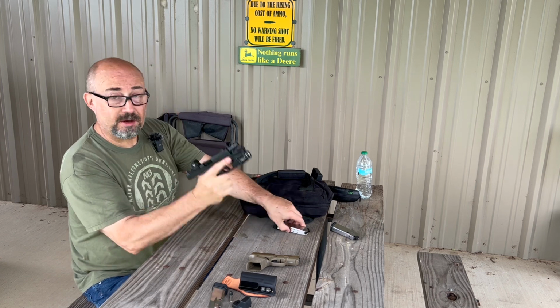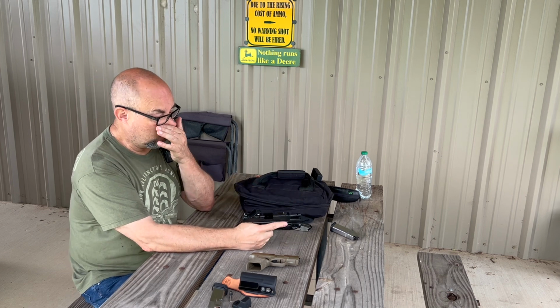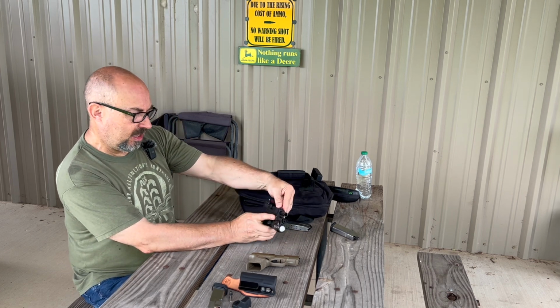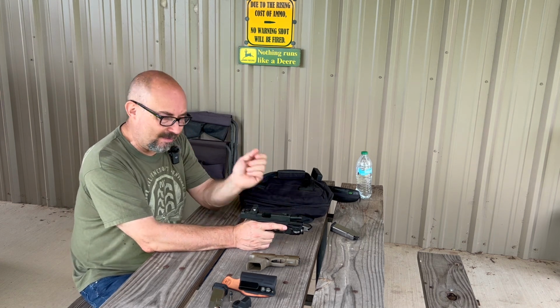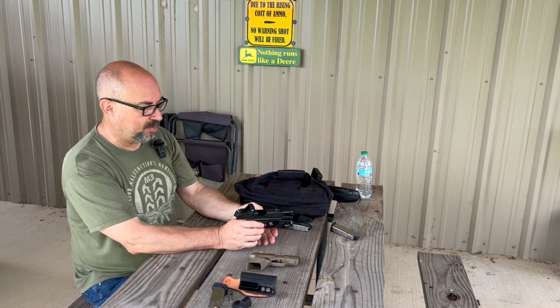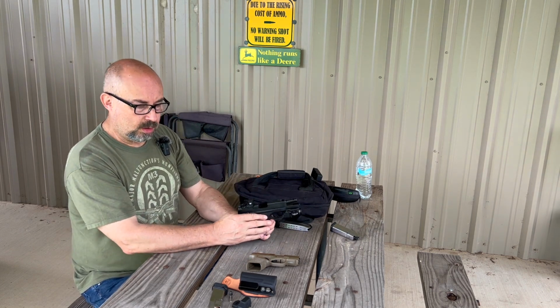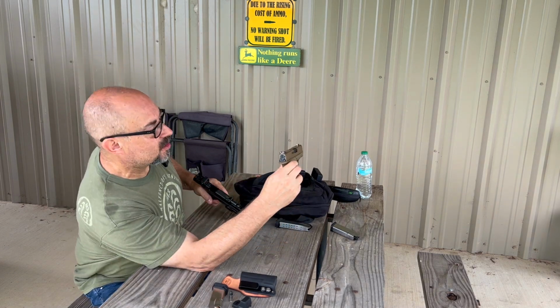Now, another thing about the Hellcat that nobody ever says anything about is the front sight. So this is, I believe, a Meprolight brand. I have one on my Maverick. And one thing that you're going to notice, I'll probably take some B-roll footage to show you, if you were to take this gun, I don't know if you'll be able to see this or not,